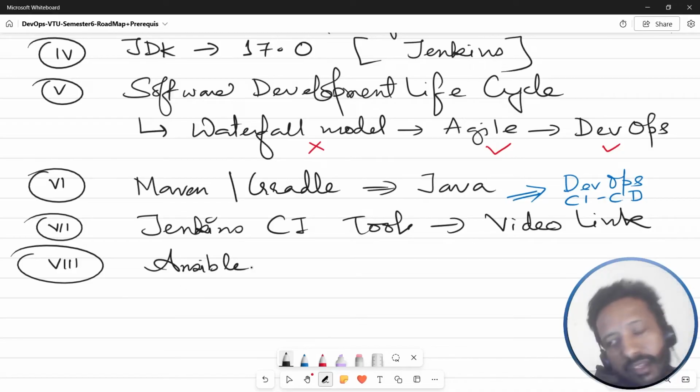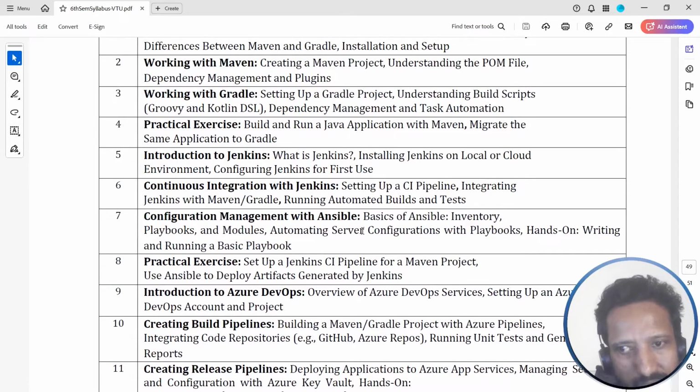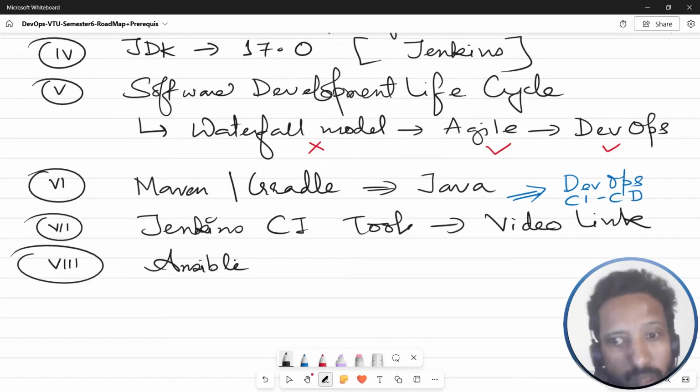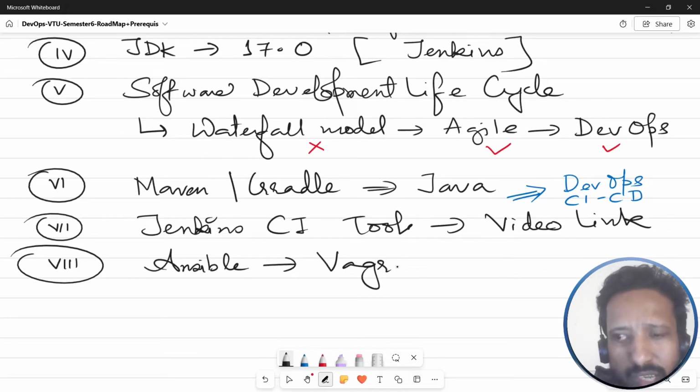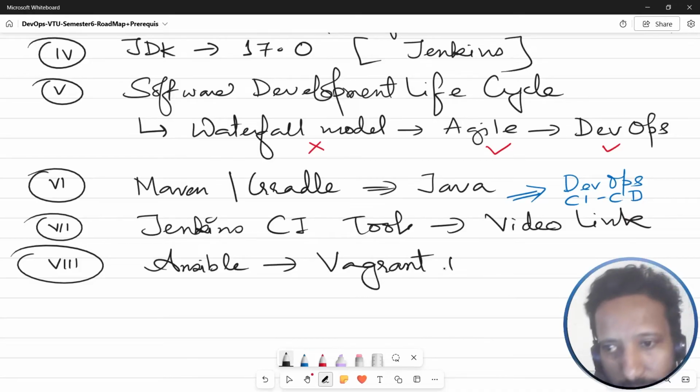Okay, Ansible, you can see here in the syllabus. I'll do everything with sync, don't have to worry about it. After Jenkins, it is Ansible, and for Ansible, we will be using another tool called Vagrant. You can do it normally also, but this helps you to upgrade it very easily. So Vagrant, plus we'll be using another tool called VirtualBox